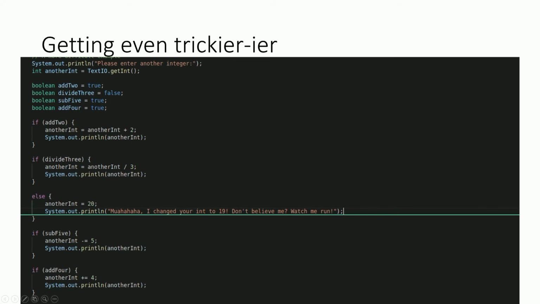Don't believe me? Watch me run. And it sounds crazy that we said 19 here. But if we proceed to look at the next few lines here, sub 5 is true. So we're going to subtract 5 from 20. And you'll notice that I did something a little awkward here, but this is an important note, and that is